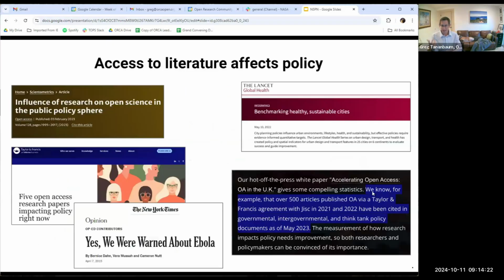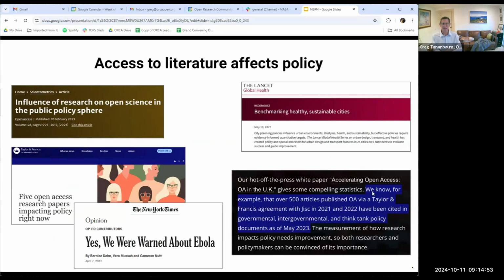So, like I was saying, this affects policy, right? There are any number of anecdotal and data-driven examples about the ways in which access to scientific and scholarly literature can affect public policy, both positively and negatively. At a high level, I think it's fairly easy to imagine that policymakers are inclined to rely on evidence to